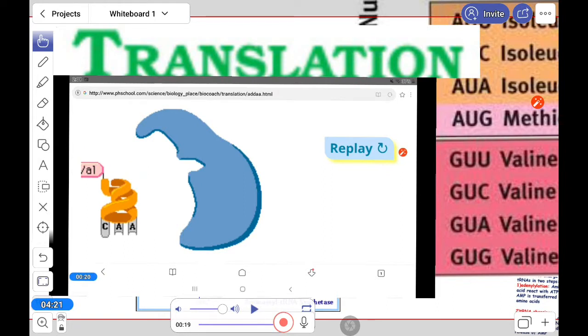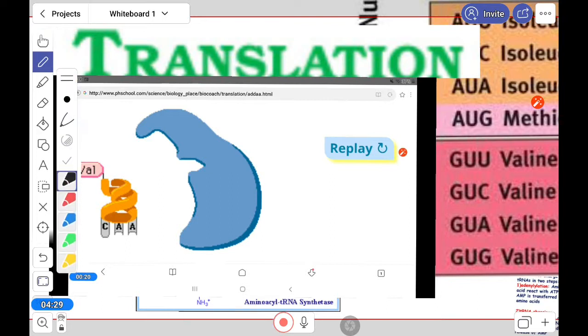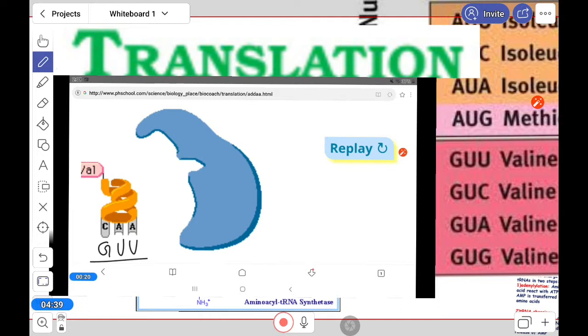Look here, the charged tRNA is going to add this valine in the structure. So valine comes here in the concept of codon and anticodon. GUU, so this is the codon. You can see the GUU will produce valine. This coding GUU will be in mRNA,